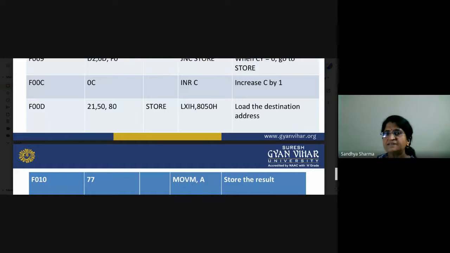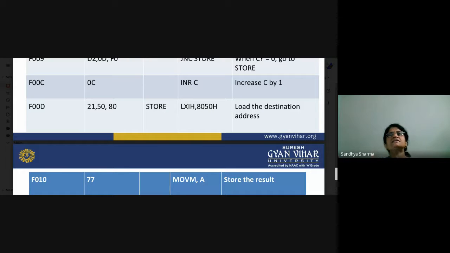Suppose there is a data, so 8050H. So what is the basic LXI H? So what about the LXI H? So 8050, that is the location, and the data will be loaded with the 21. So same thing is here. If you have a data, that data may be 2B, and that will be the 25. So those 2 digits you have to add. So what you have to do, one data you have to store in one particular location. Suppose that location is called 8050, and another location will be 8051. So your another data will be stored in that particular location, because in this process we want to add two.